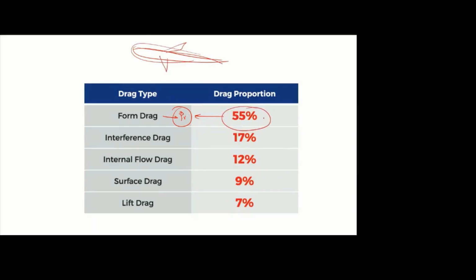So 55% of the total drag is due to the form drag, 17% is due to interference, and 12% is due to internal flow. You may take the engine, etc. The flow through the engine also causes some drag. That type is internal drag, which is 12%. Then surface drag, that is skin friction drag, is 9%. Then lift drag,